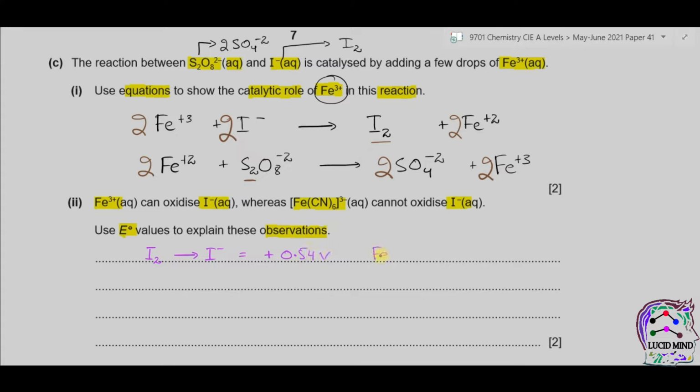For iron +3, when it converts into iron +2, which is reduction, the voltage is 0.77 volts. And for the third one, in which Fe(CN)6 3- converts to Fe(CN)6 4-,